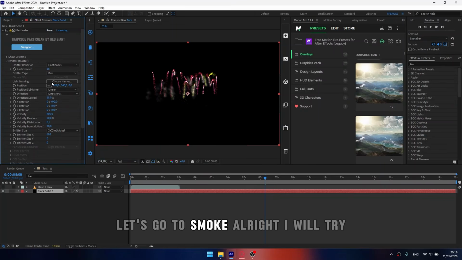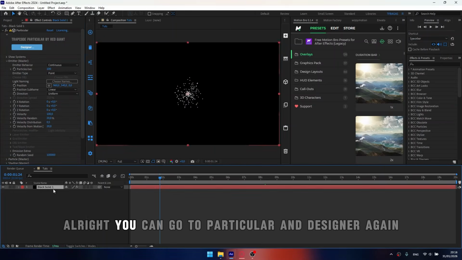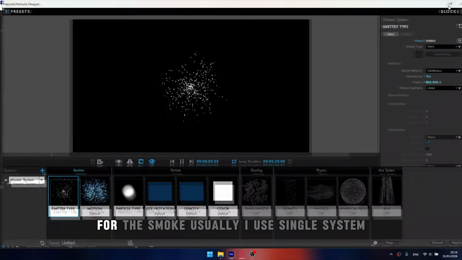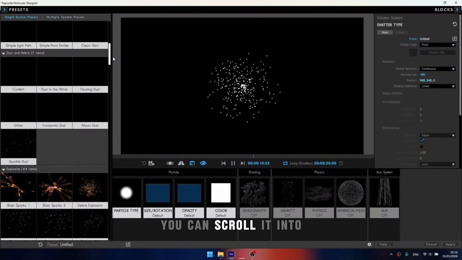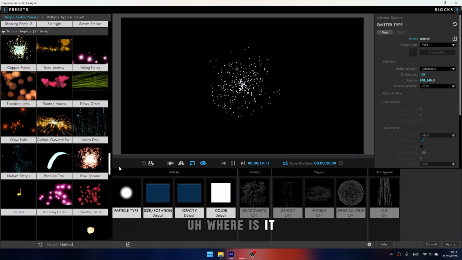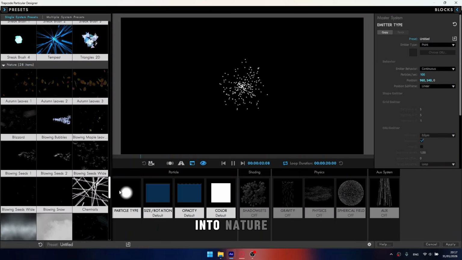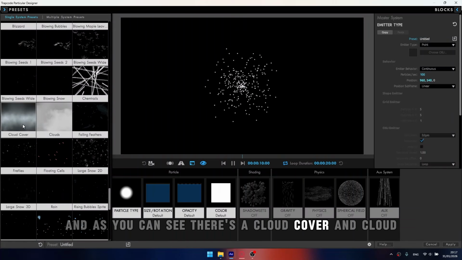Alright, I would like to reset Particular first. You can go to Particular and Designer again. For the smoke, usually I use Single System. You can scroll into Nature, and as you can see there's a cloud cover and